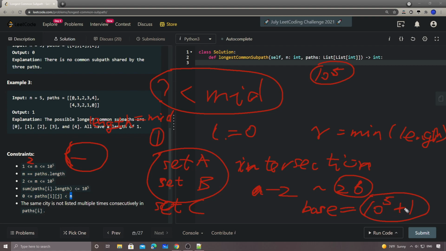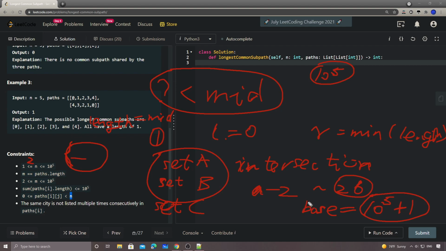Second, it's better to choose a prime number, because we don't want to have just 10 to the power of 5. Otherwise, if we only do this and do a multiply later on, we're going to have a lot of hashing collisions, right? So when we choose a base, remember there are two rules. First, we choose a number at least as big as the maximum possible number. Second, we want to choose a prime number. Okay,